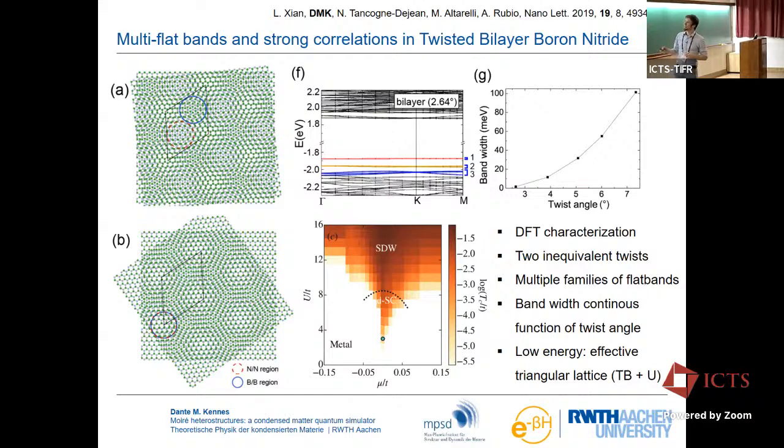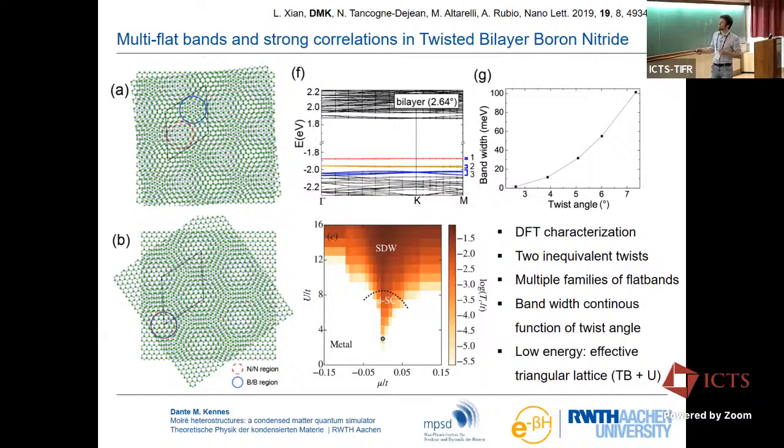And on the y-axis, we put the ratio of the potential energy scale to the kinetic energy scale. That's the thing that you tune with the twist angle. As you make this twist angle smaller, you go to larger interaction space. And then we use a method called functional renormalization group. I skip all the details about the methods because it's getting complicated. If you have questions about it, I'm very happy to chat with you. That gives you a phase diagram like this.